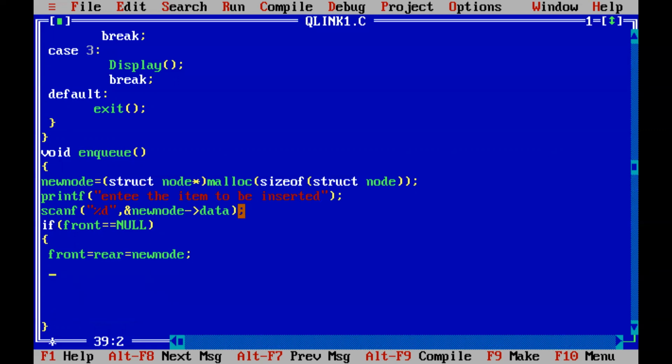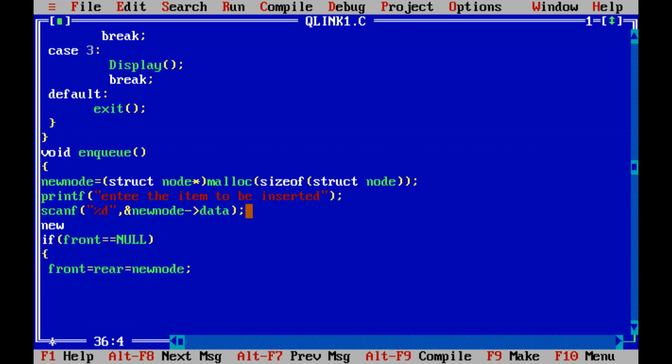So we are making new node the first node, and one more thing, if you want to make it common, you can just make new node next equal to null, because then there is no other node. Both the front and rear are pointing towards null. So this will be the case if the new node is going to be the first node. Else,